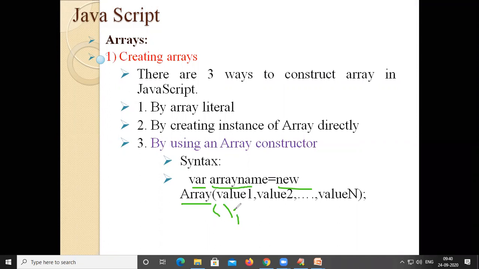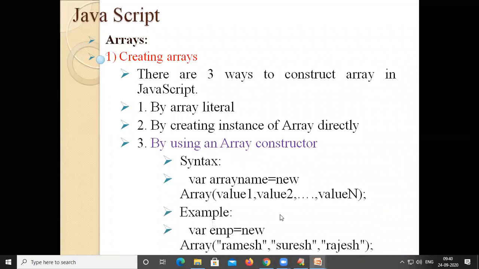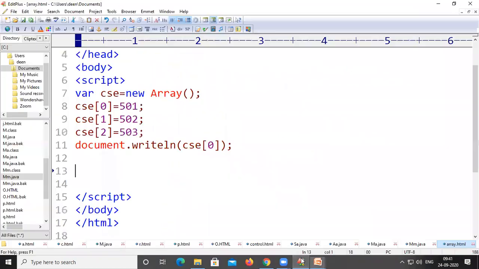Now, if you give some values directly, that is the way of creating an array by using an array constructor, right? Let us see an example. var, some array name equal to new keyword Array, and then within the braces we give the values related to that array, right? Let us work this one in the window.